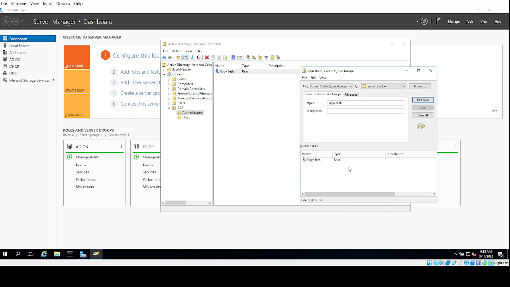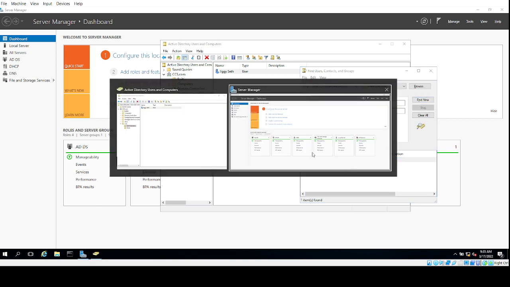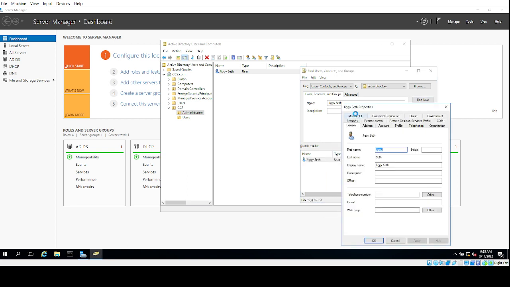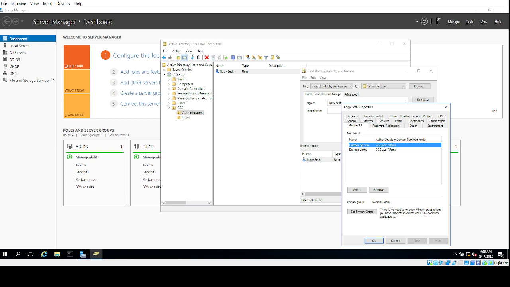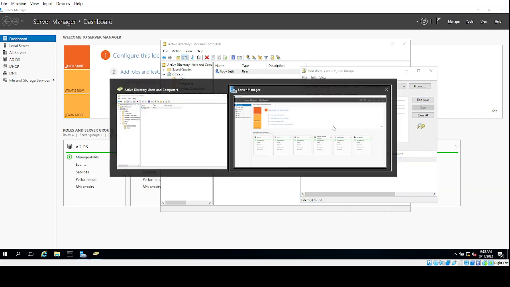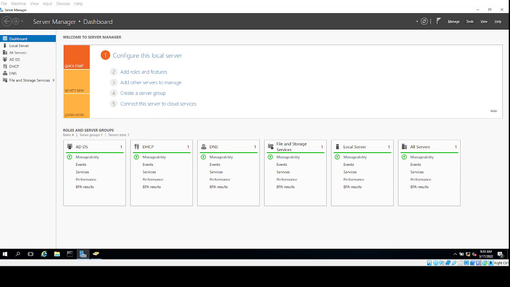Okay, so as you can see here, you can see GDSet. So the next thing to do is